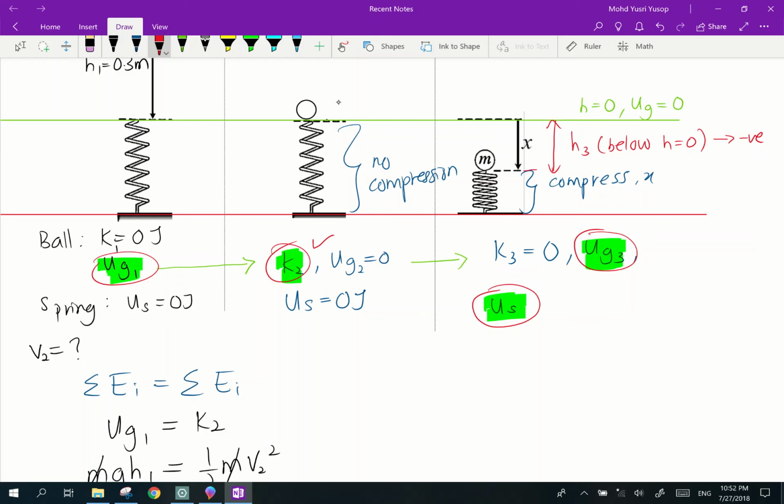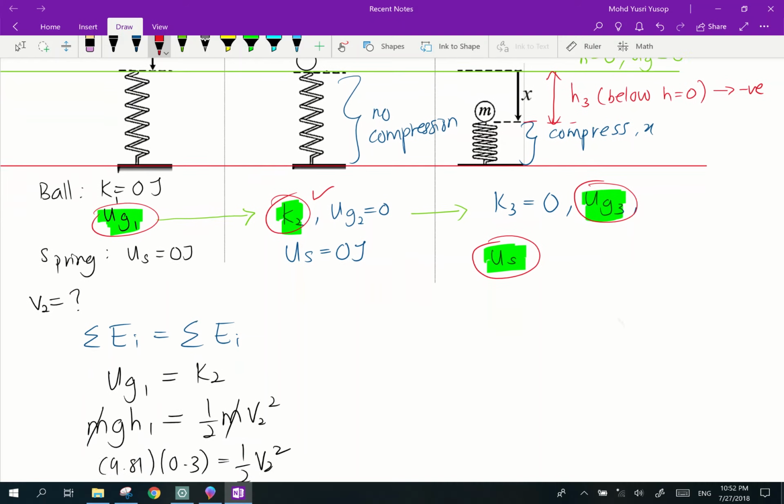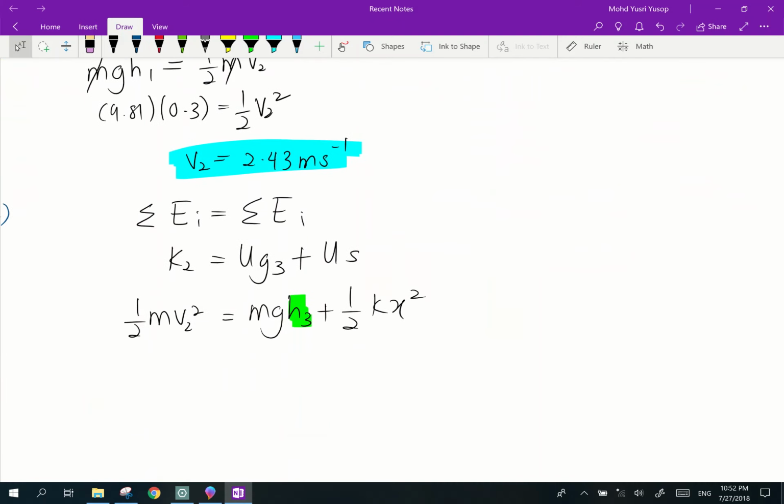Dan the magnitude of height 3 is equals to the compression X. So, saya pun boleh tulis half mv2 square is equals to mg h3, which is X in magnitude but negative because it is below h is equals to 0,